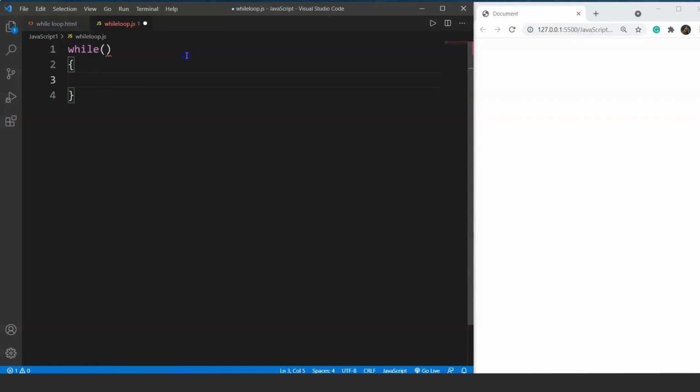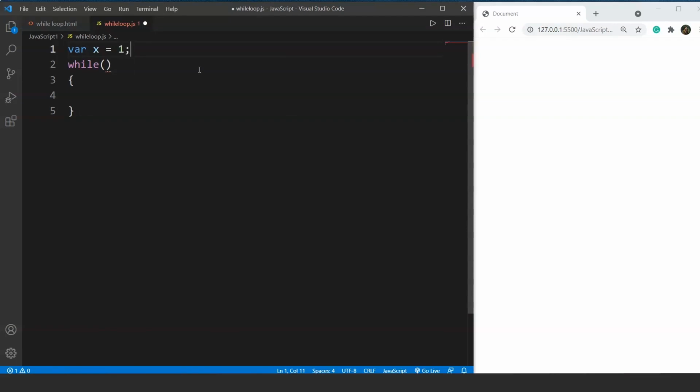We had the initialization, we had conditions, and the increment decrement part. Here we have only one condition, and until this condition holds true, the while loop will be executed. For example, here we want to print all the odd numbers from 1 to 50, right? So we'll first initialize a variable. Let's say we have a variable x and the value of x will be 1. We used 1 because 1 is the very first odd number, right?